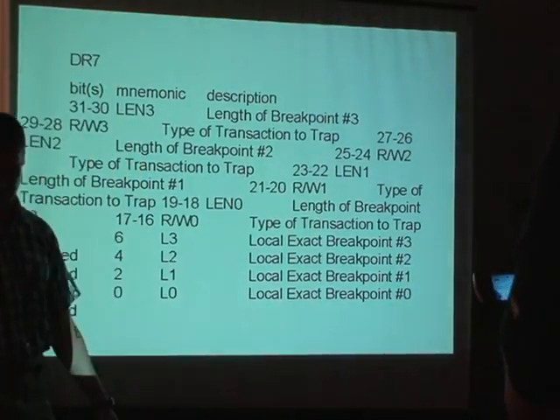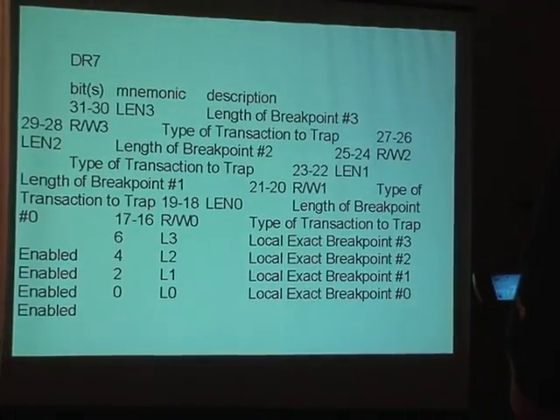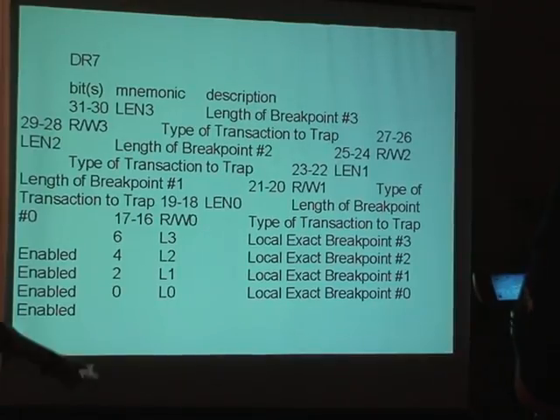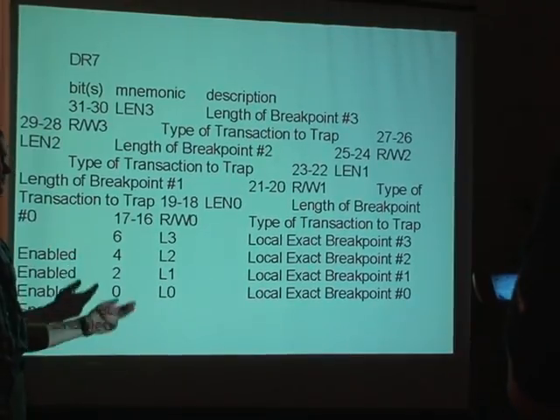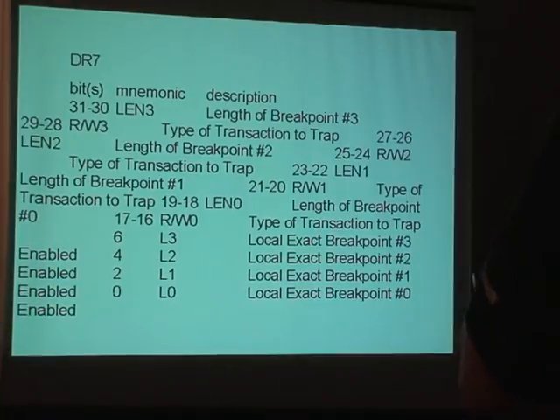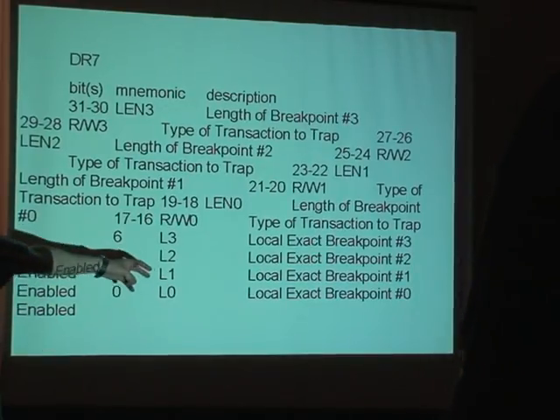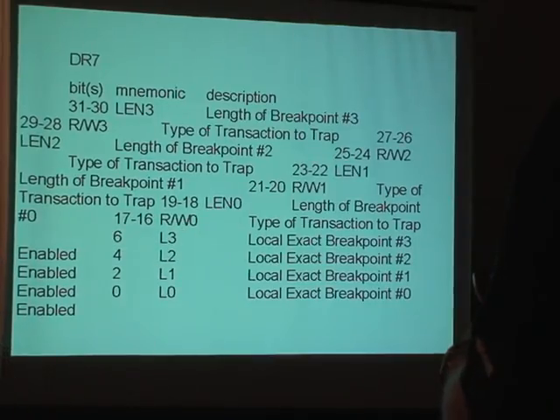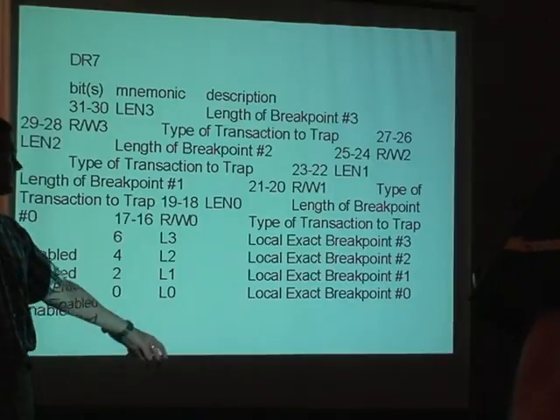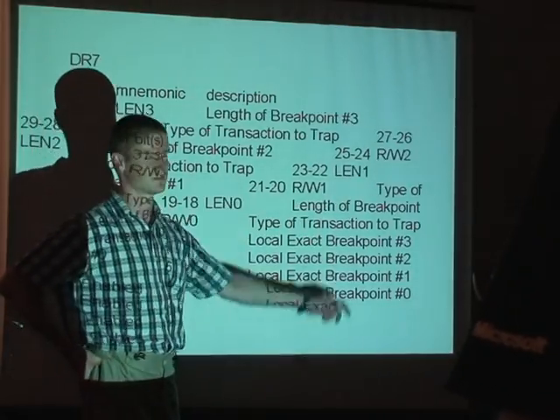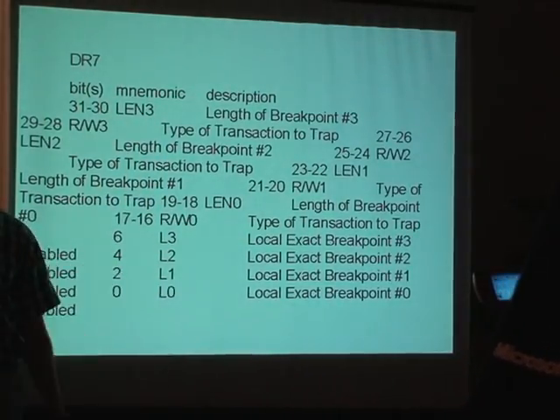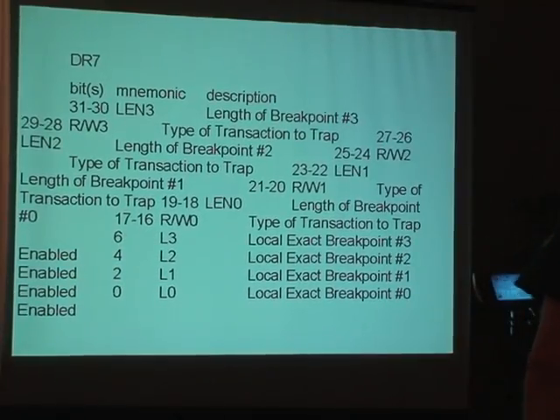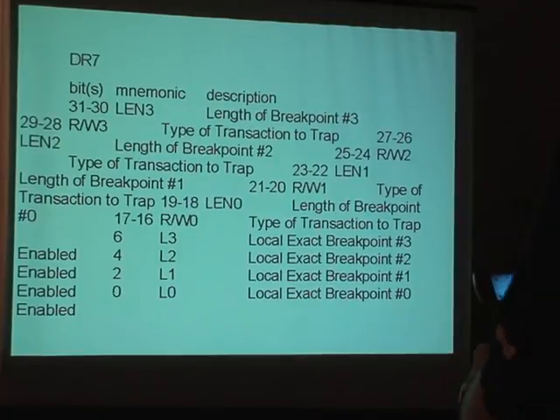The type means that we would like to cause interrupt 1 on instruction execution, or memory writing, or memory reading, or by executing the instruction in from a port or out to a port. Then we have to set the length. We may set the length of 1 byte or up to 8 bytes.